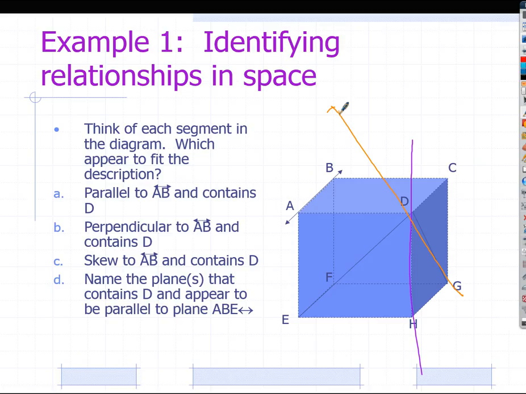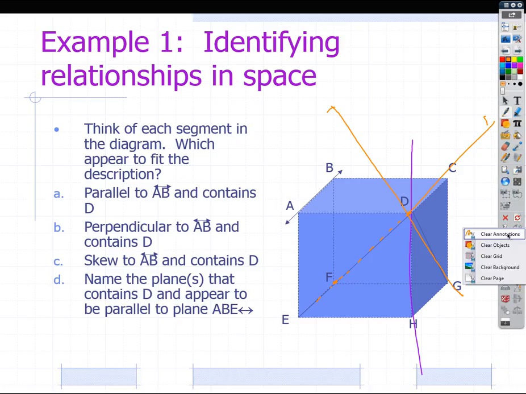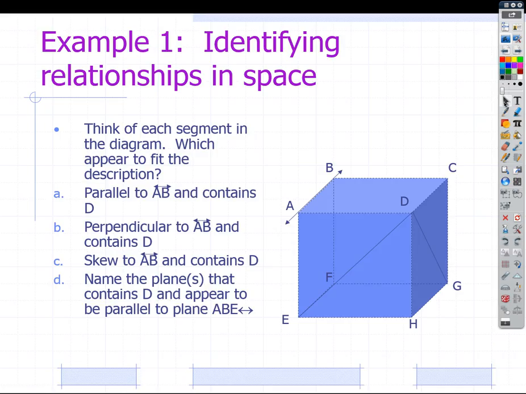Does DF work? Yeah, DF works. So that's even a harder one to draw. That one starts there and it kind of goes back through there, right? And then it pops out right there. Let's go through those 2 points. That works though. Okay, we got the idea, right? And there were more. We didn't get them all. Okay, now how about this one?